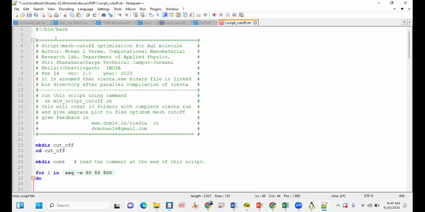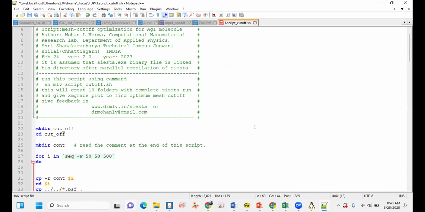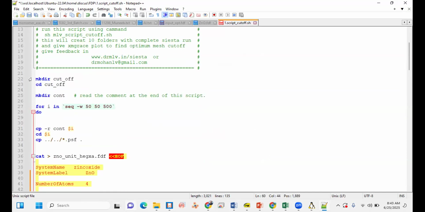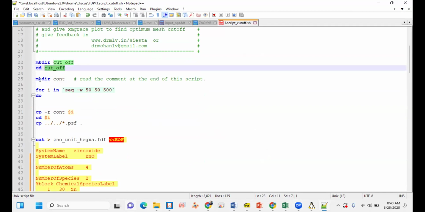Now we will go through this script, then I can answer any questions if someone has an issue with the script. So in the script, we ask the program to make a directory, and then you have to go to the directory. And then again in that directory, make another directory.